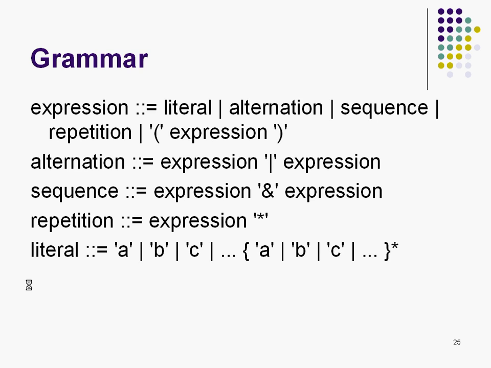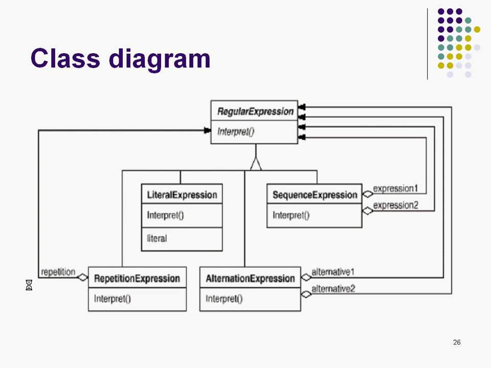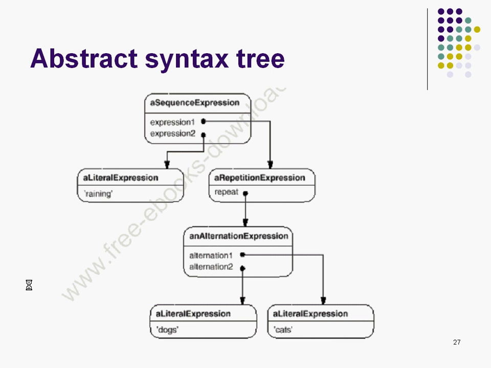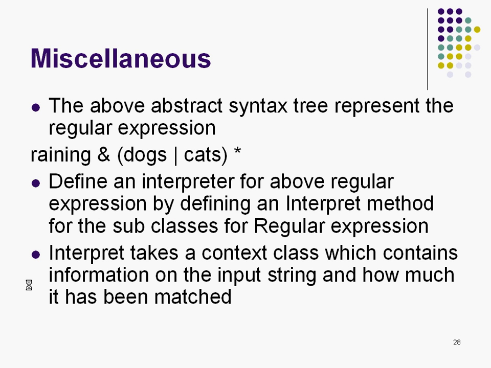So this is the next example of interpreting sentences. We will not go through it. But again, as the class diagram indicates, this is the grammar for a regular expression. So this is my regular expression, right? A word called identifier called raining, and with dogs or cats, stuff. So a regular expression can